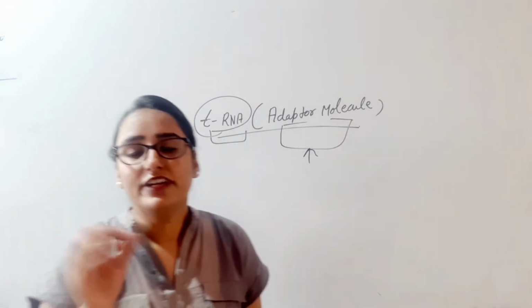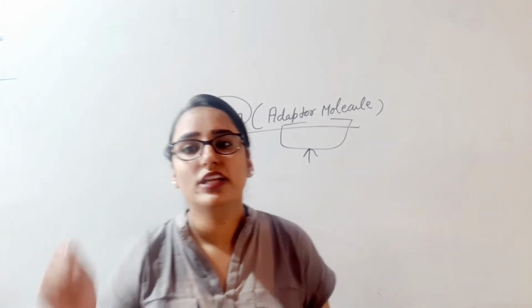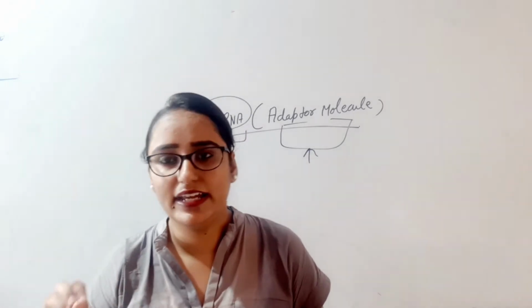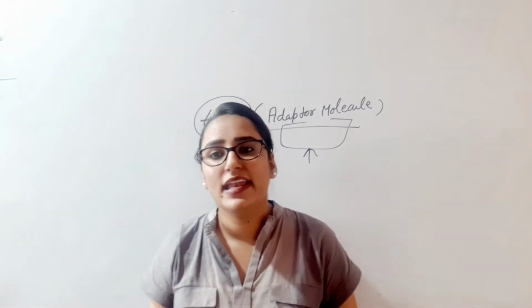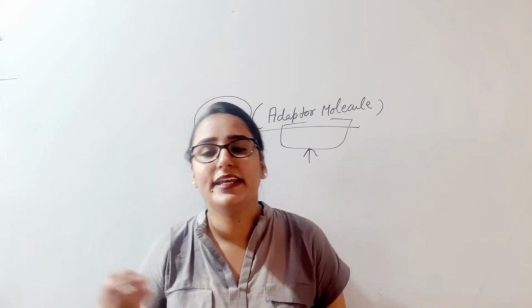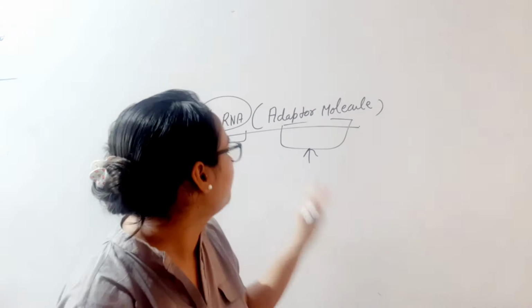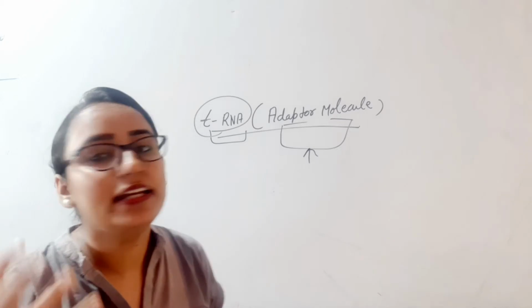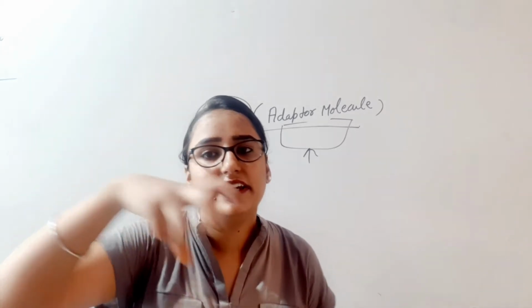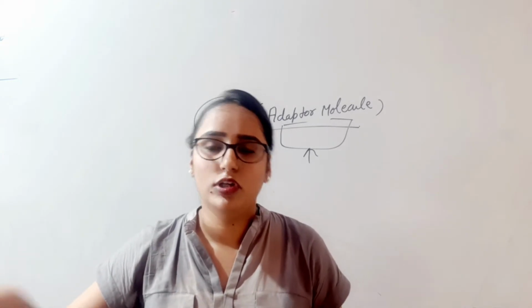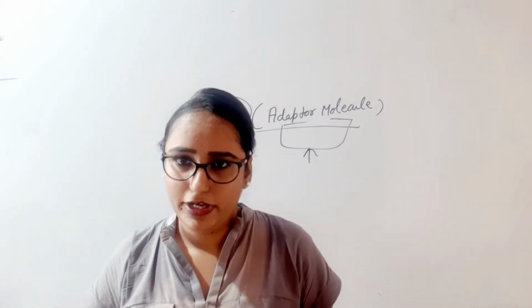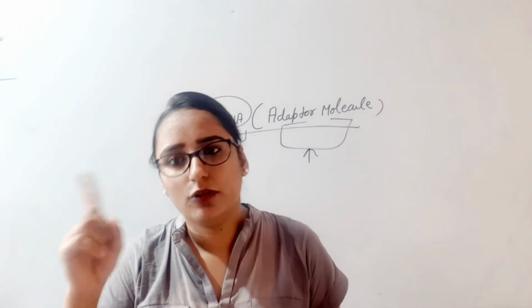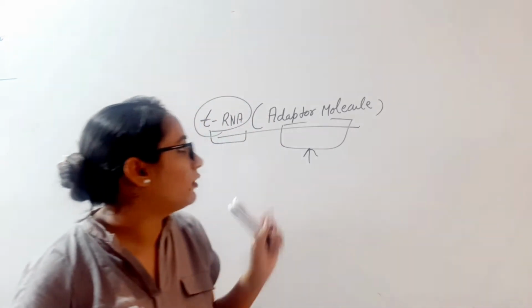Before the genetic code was known, this tRNA was known. At that time it was known as sRNA. sRNA means soluble RNA, and later on it was known that the soluble RNA is the tRNA. Clear? This tRNA was later known as the adapter molecule. Why is this an adapter molecule? Because it binds to the amino acid and then comes and binds to the mRNA molecule. On one side it binds with the amino acid and on the second side it binds to the particular codon for that amino acid. So this is about the adapter molecule.